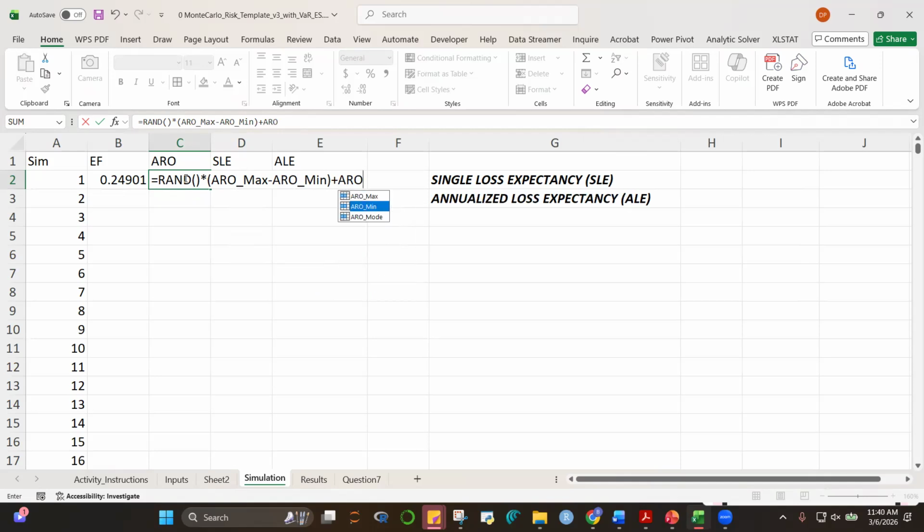Yan. Okay? So notice this is the multiplier random number. It will generate different numbers and it will be multiplied to the difference between the max and the minimum, okay, which will be added to the minimum. So it will not be lower than the minimum. This one will make sure that it will not be higher than the maximum.